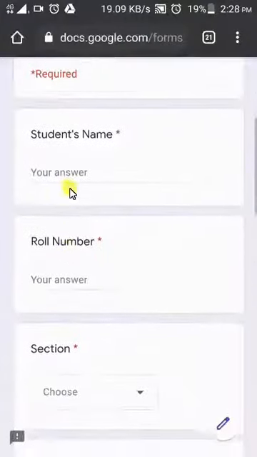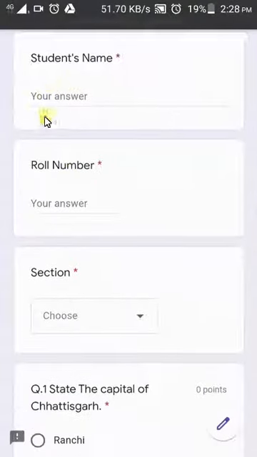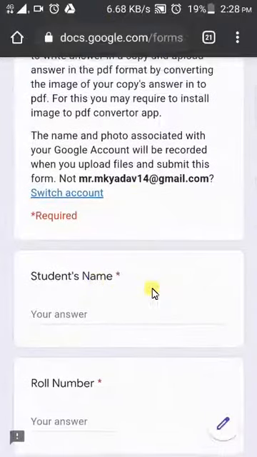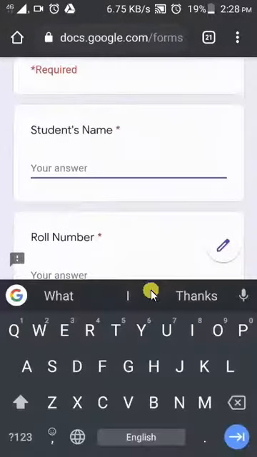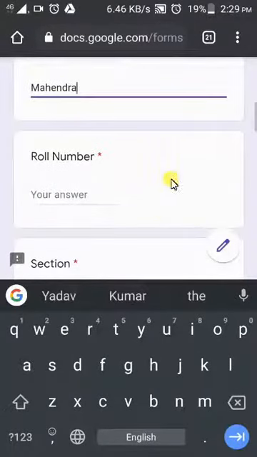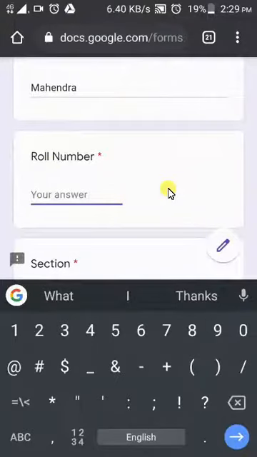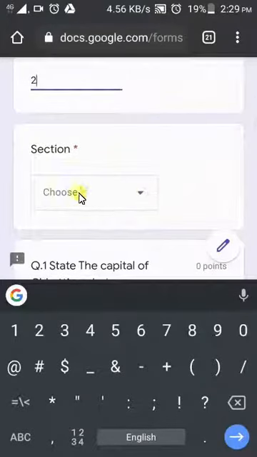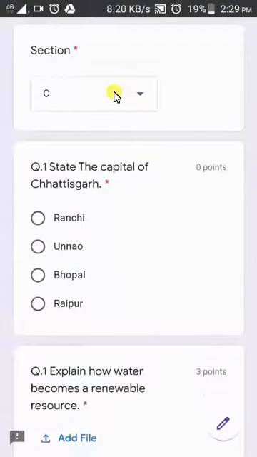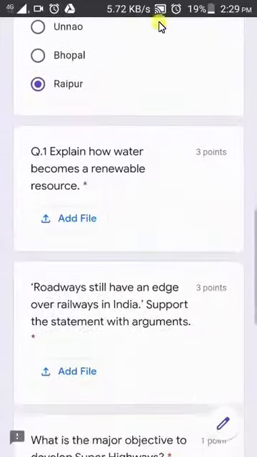The student has to write the name, roll number, and section. Here we have to give a section drop down option so that the student can choose.